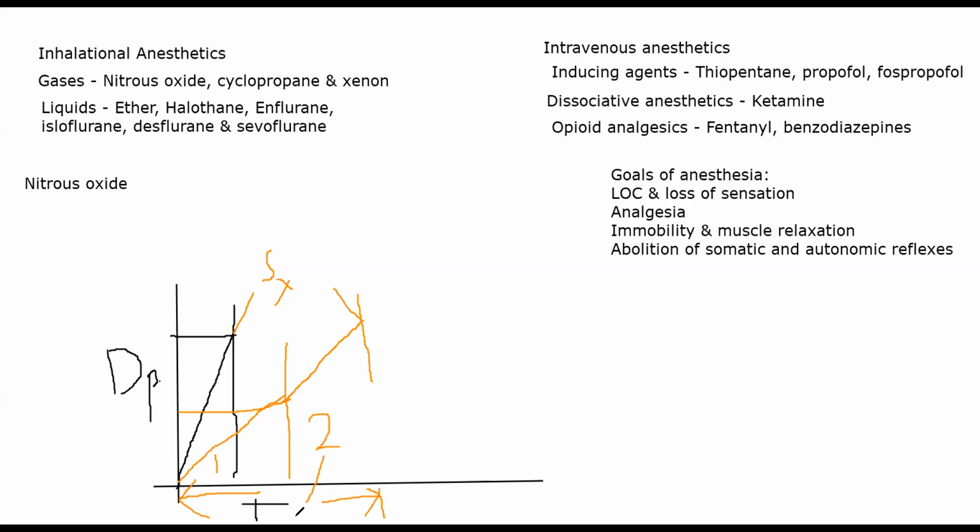All right. Nitrous oxide is something that will induce very quickly. So from here on out, you have maintenance. The same way here, from here you have maintenance. So clearly this is achieving induction quickly. You're getting to surgical anesthesia, analgesia quickly. Nitrous oxide is one such drug that will achieve induction and recovery very quickly.